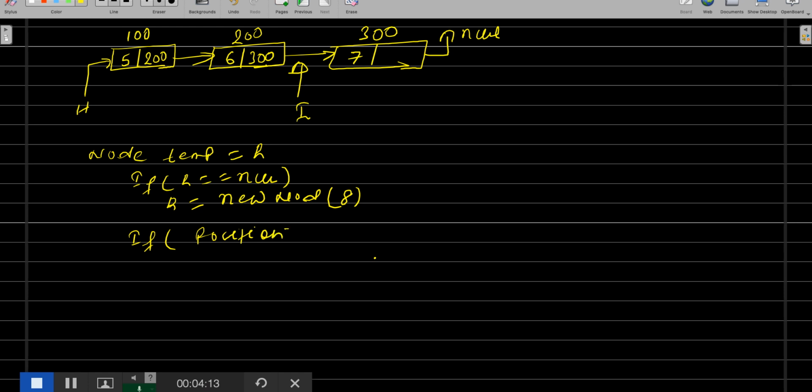If position is greater than or equal to the length of your linked list, then what you do is you make position equal to length, because if there is no data, you cannot go ahead and insert it, right? So position is going to be the length, and then finally at the end, this will get inserted, right?